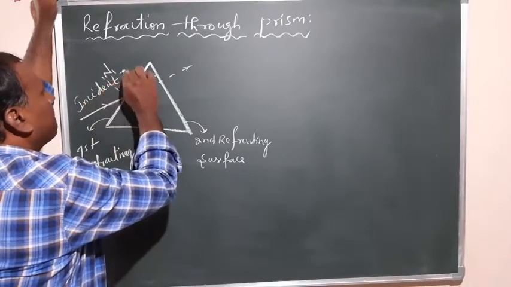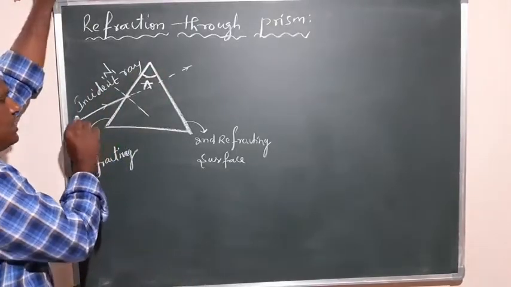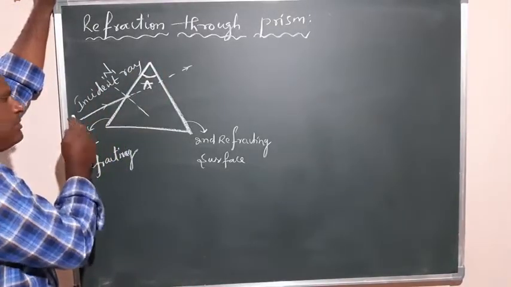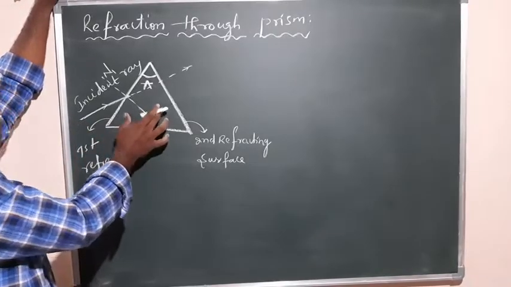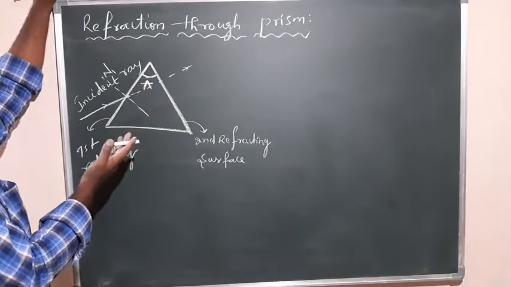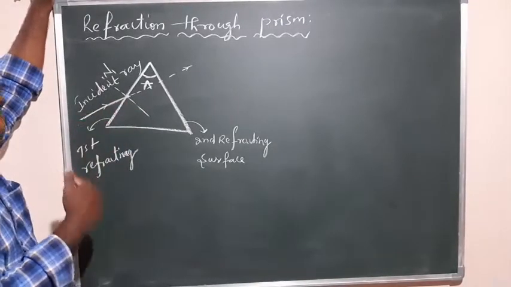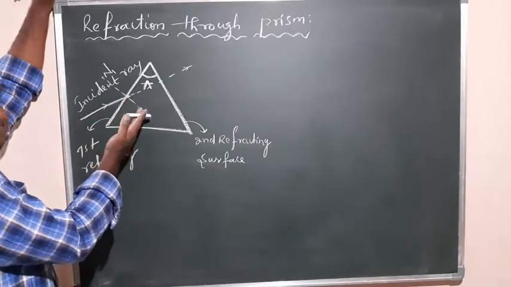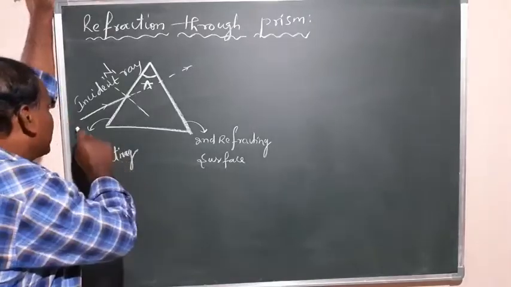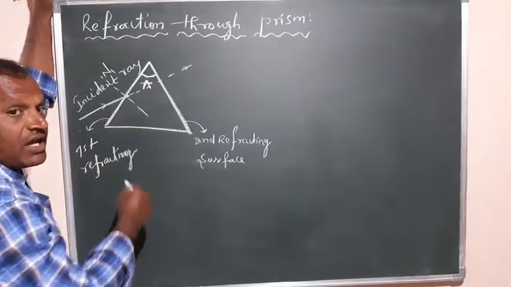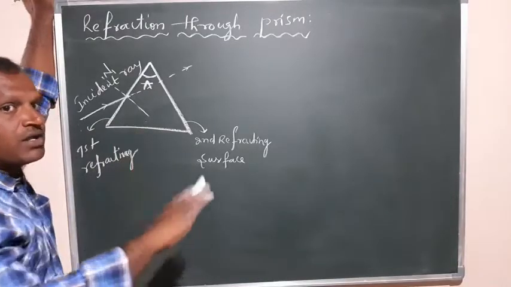Incident ray, right? And here this is the medium. Maybe it is air medium, or any medium you can take. So this is a glass medium, or prism is glass, right? Made up of a glass optical material. So this glass material has a different refractive index. So definitely you can observe, if it is air medium, it is a glass. So glass medium is more denser than air, right? So this is a rarer medium, this is a denser medium. Automatically the ray can be bent towards the normal in denser medium when it is propagating from rarer to denser.